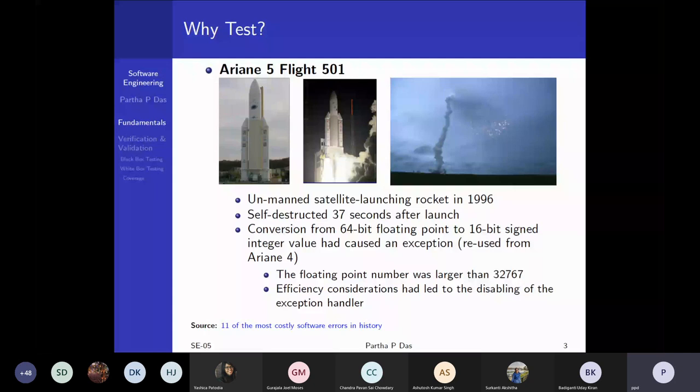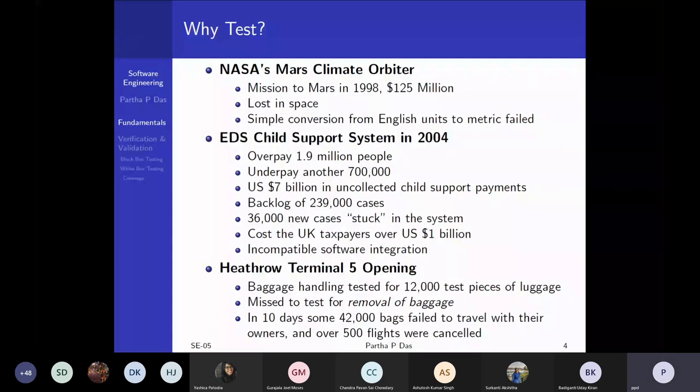Hundreds of $1 million went down the drain. Couple of others. In 1998, NASA's Mars Climate Orbiter mission to Mars, at 125 million, was lost in space simply because in terms of conversion of units, the British system still uses pounds for weight, and foot and all that,